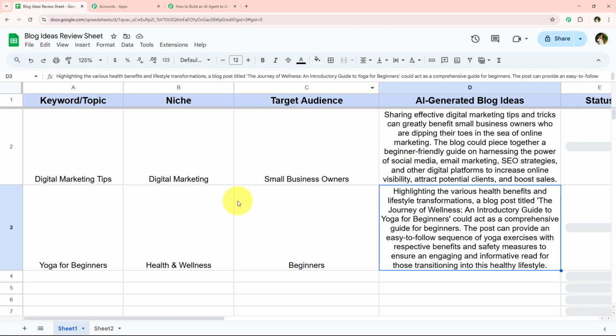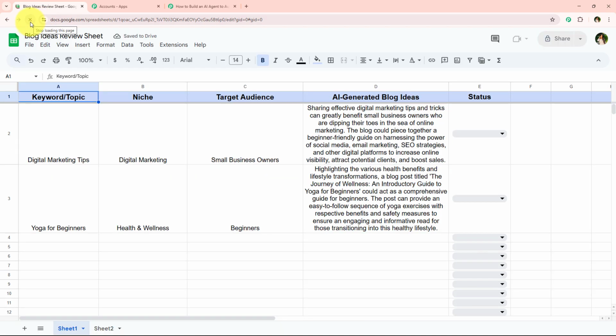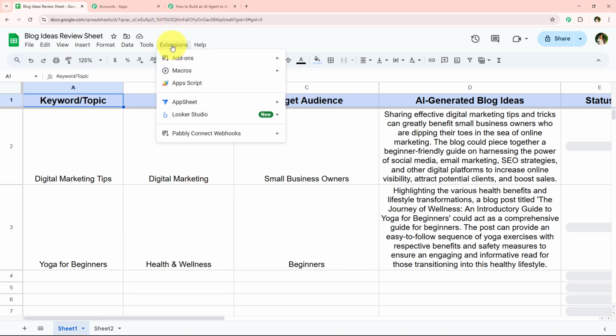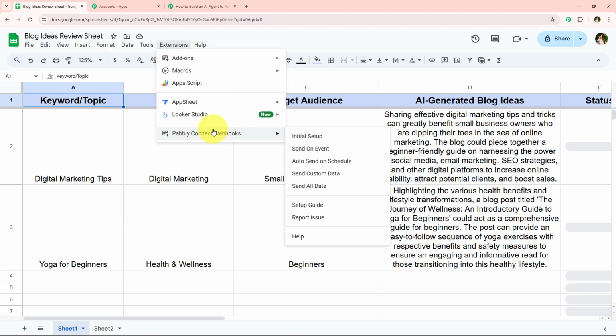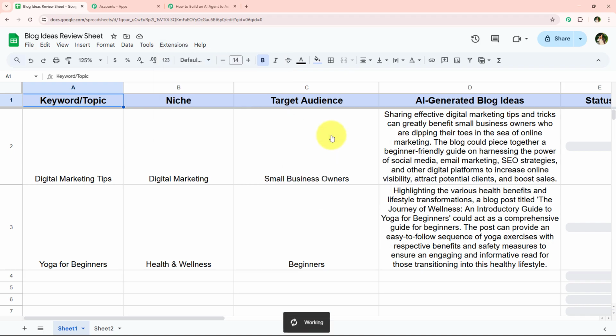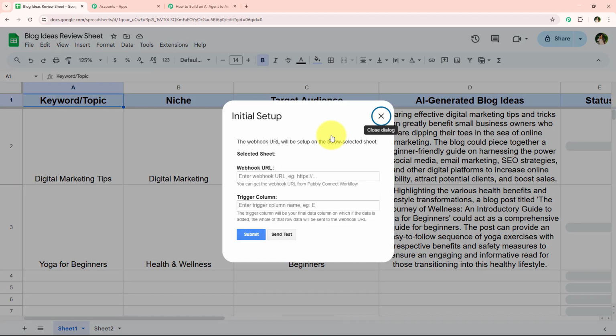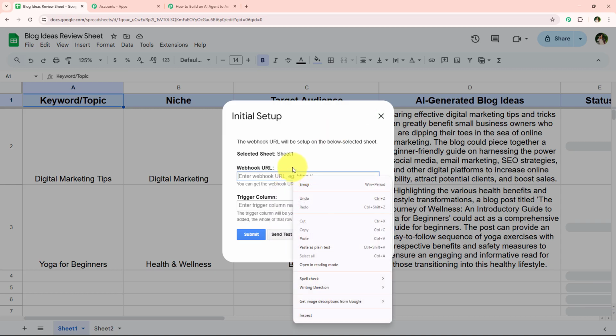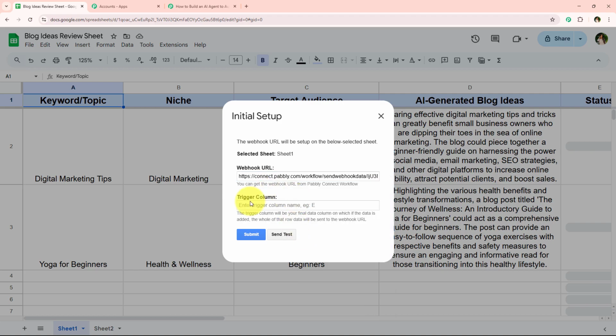So you can install this extension right from here. And after installing this extension, you have to refresh your spreadsheet. It is a really important step to refresh your spreadsheet. Otherwise, you're not going to get the option of Pabbly Connect Webhooks right over here in our extensions tab. So now after getting this option, we have to go towards this initial setup. And after coming over here, it is asking me to enter the webhook URL and the trigger column. So for the webhook URL, we are simply going to paste the URL